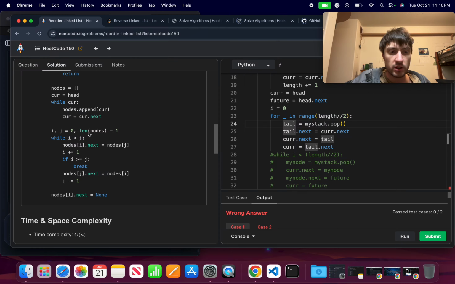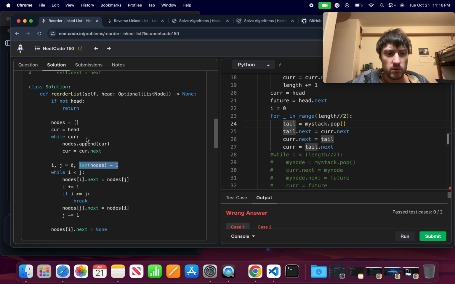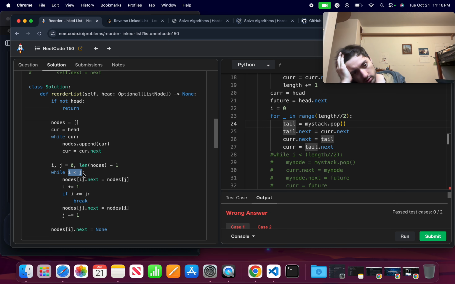I is equal to 0, j is equal to the length of nodes minus 1. Okay, sure. While I is less than j, nodes of I dot next is equal to nodes of j. I plus equals 1 if